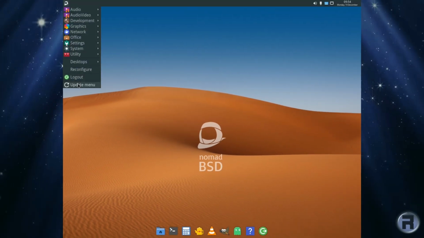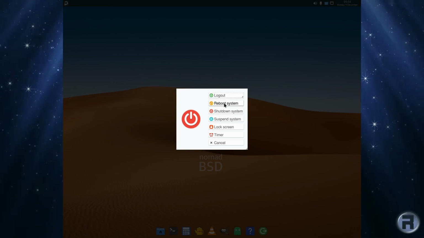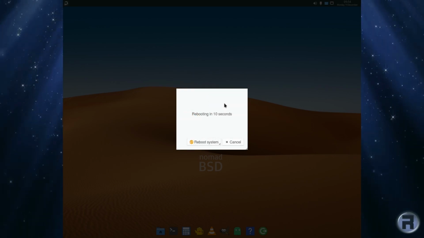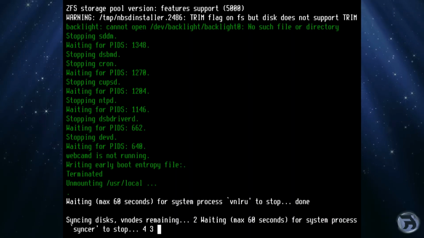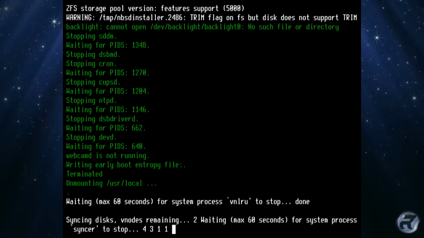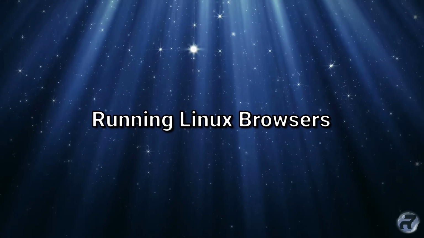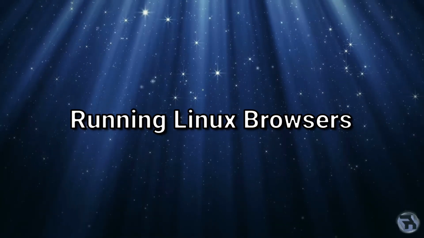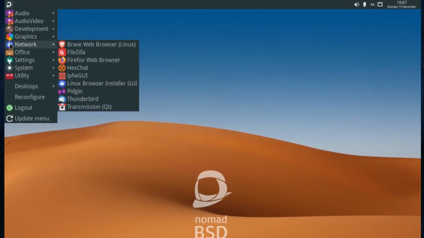Log out and reboot. Yeah, that's it. Reboot system. When it's safe to, I'll remove the USB stick and we'll boot into the desktop. There we are. Right, we're now on the installed system, running off hard drive, and we're going to test out